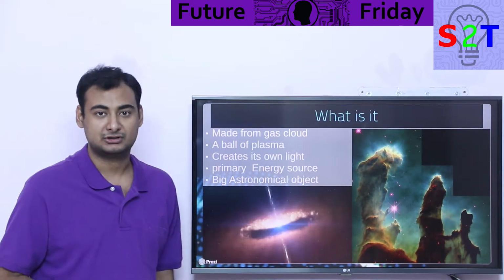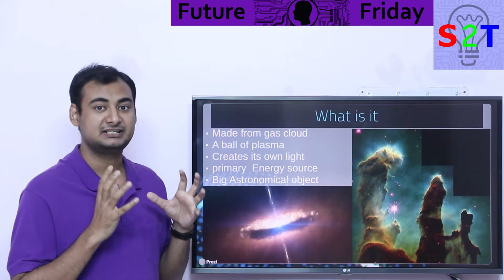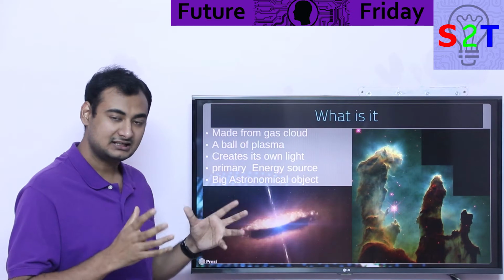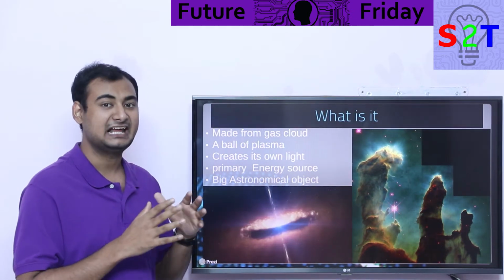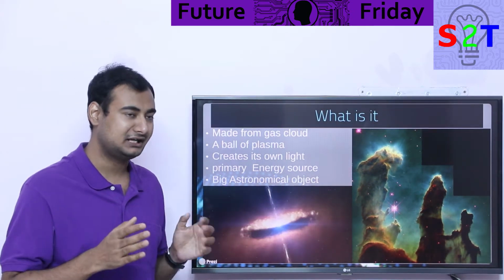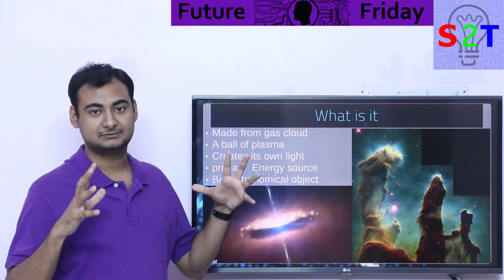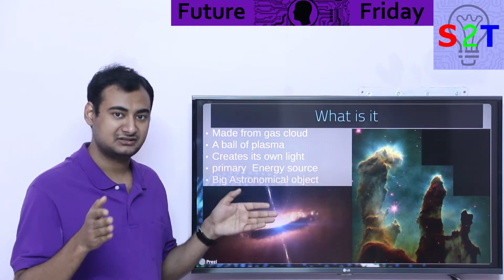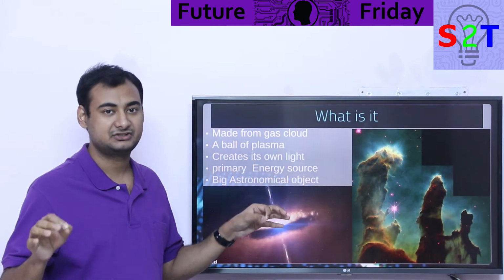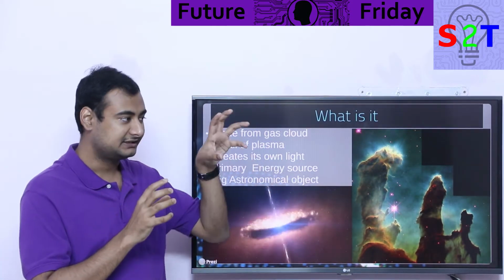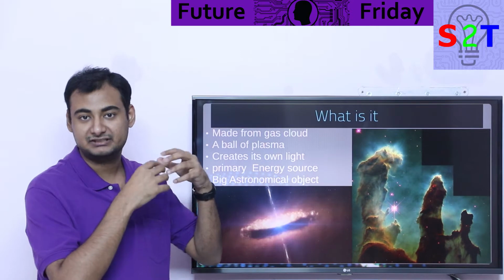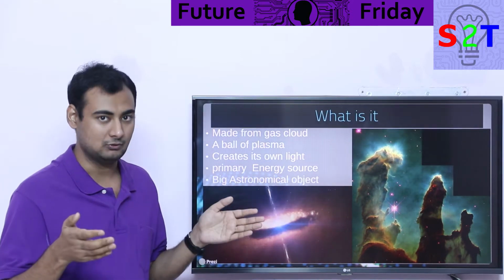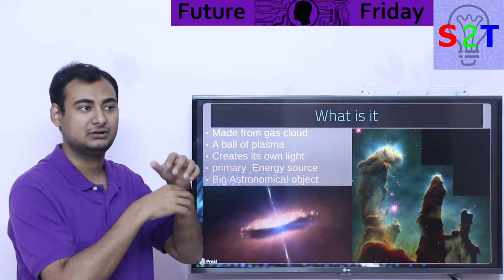So basically what we are talking about here is something that is made out of gas clouds. And these gas clouds are huge, as in light years across, sometimes multiple light years across. And once you have a gas cloud, the probability of all of the atoms in the gas cloud being equally distributed would be zero. There would be like one clump here, one clump there. So whenever that happens, gravity starts to take hold. Basically it will slowly start to collapse on imbalance.